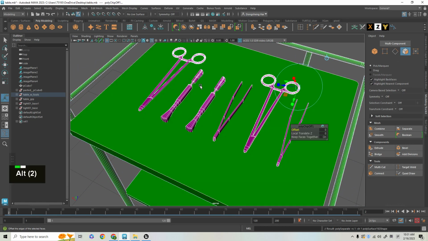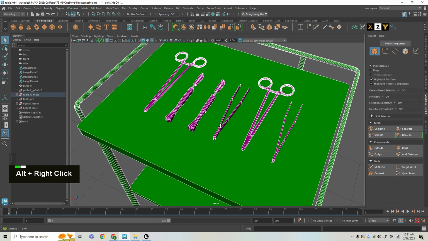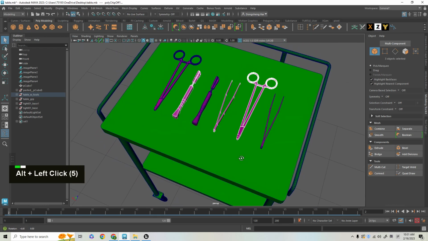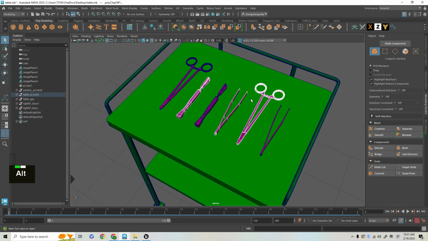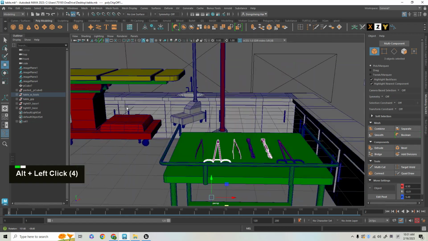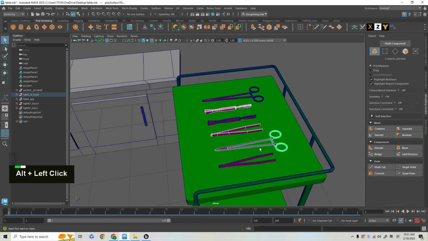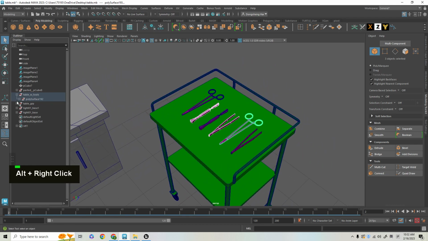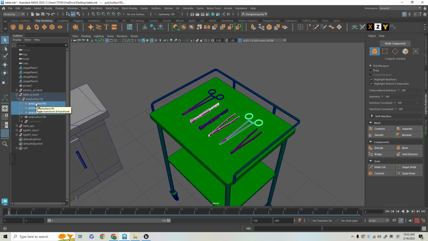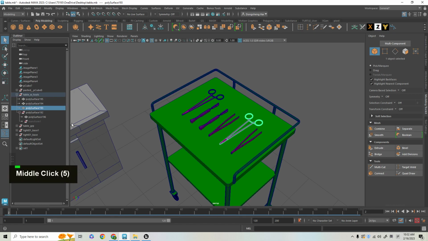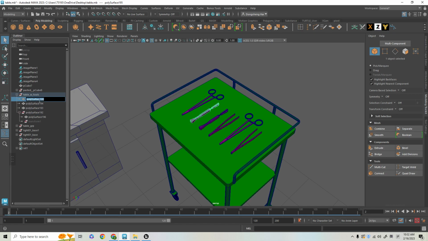This one. Object mode. Deselect what I don't want. So I have these 3 guys here. Like so. I'll delete history. These 3 are here, so I'll put them here and name them tool 1, tool 2,